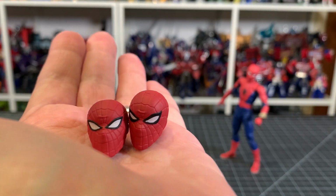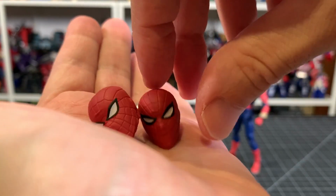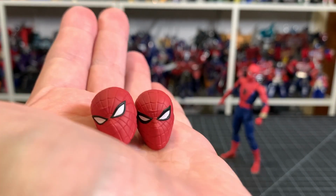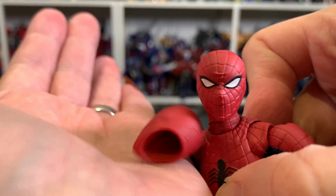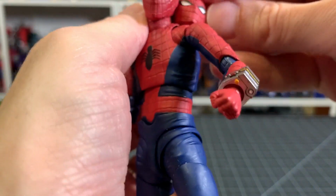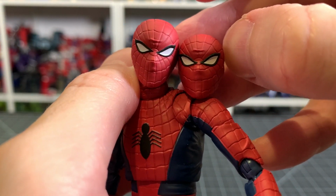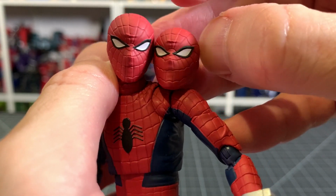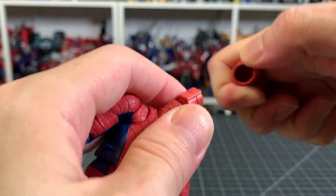For accessories, Spider-Man comes with 2 extra heads. One has more dark Spidey eyes on it. The other one, it's so hard to tell what exactly is different between these two. There has to be something. They're very, very similar. Let's take this off and see how...